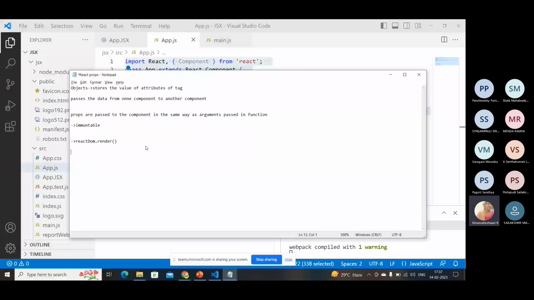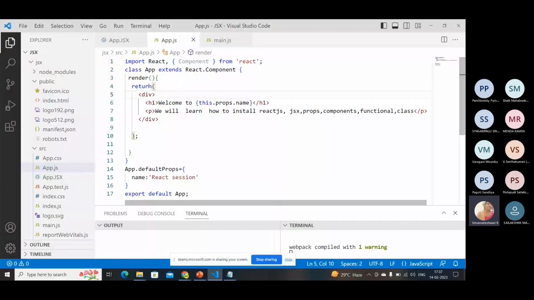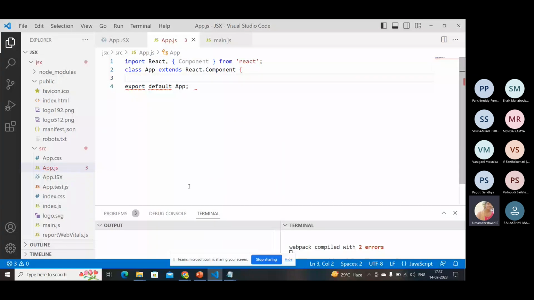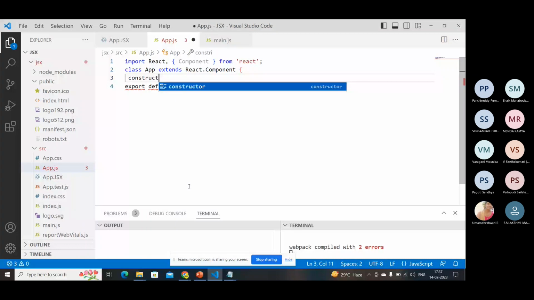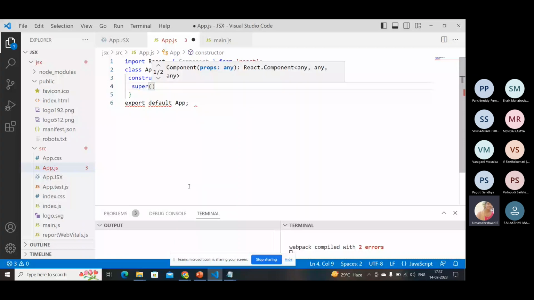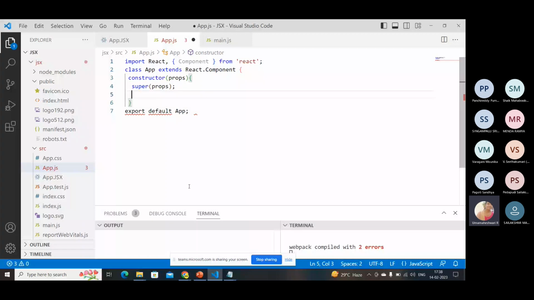Okay, so to use a state, we need some important things, right? So what are the things? We need to use a constructor. Inside this, I need to use props. I'm using a super keyword. So that's going to be props again. This is my parent, right? So in the parent, I'm going to use